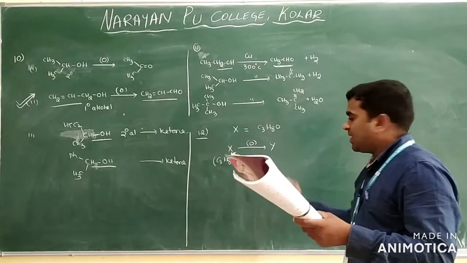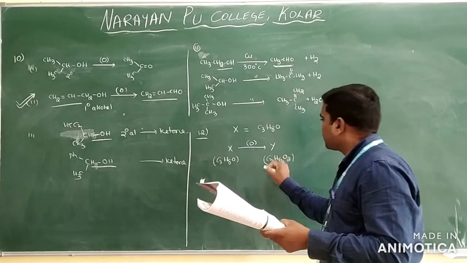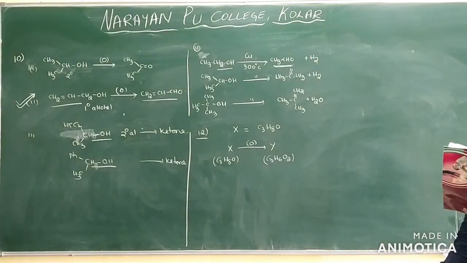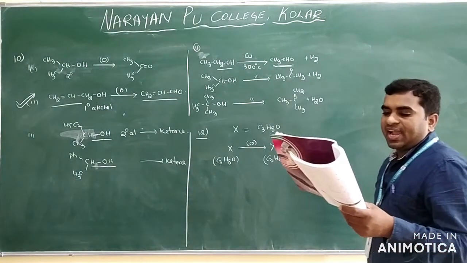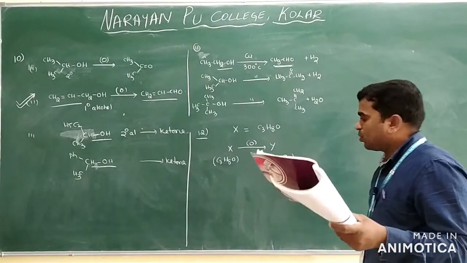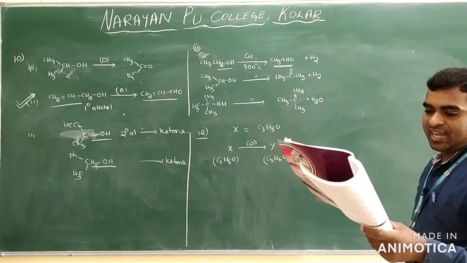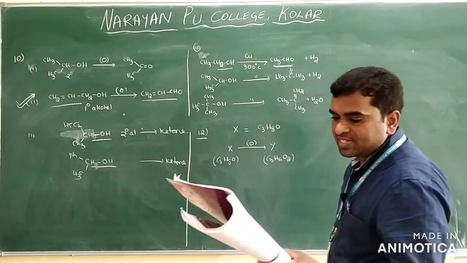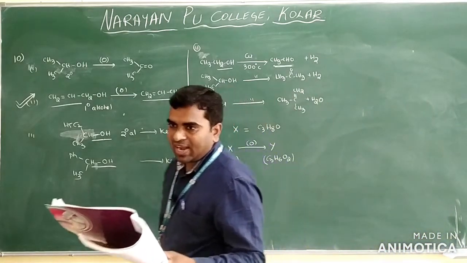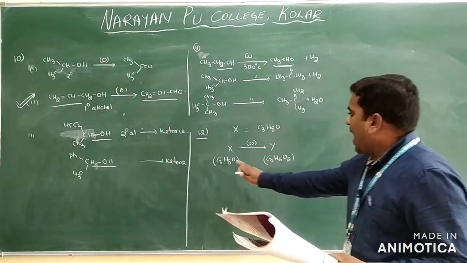C3H8O and here C3H6O2. This is C3H6O2 and X is most likely to... You see the options here. Primary alcohol, secondary alcohols, aldehydes and ketones. Clear? So you know that here, and we have taken